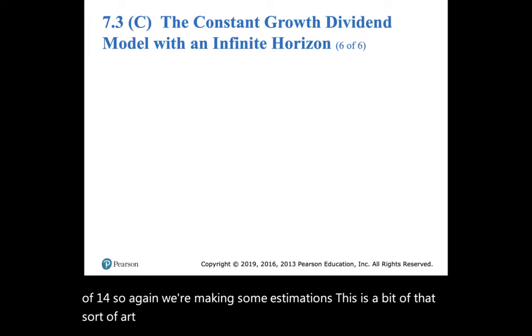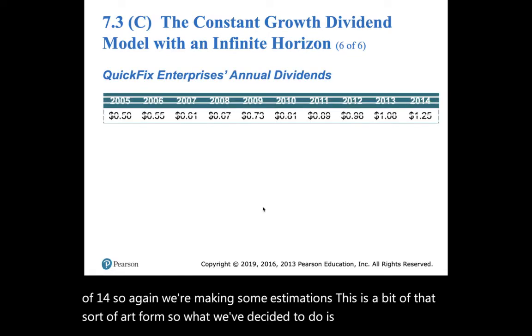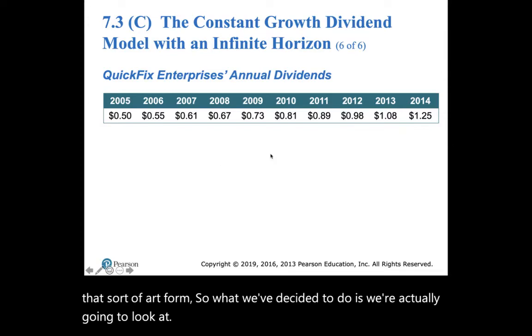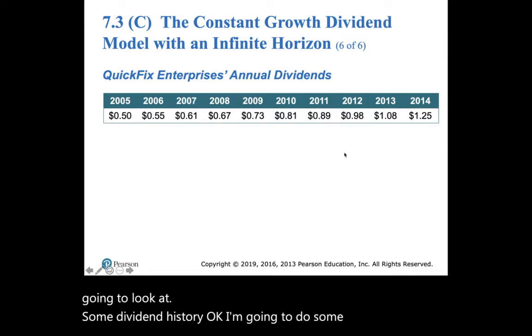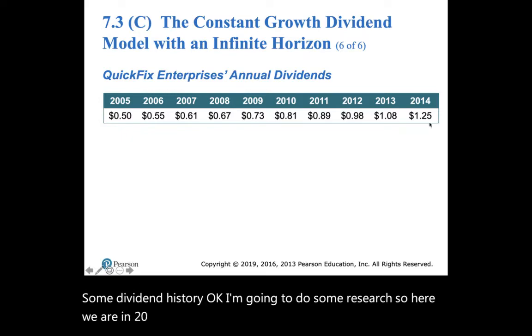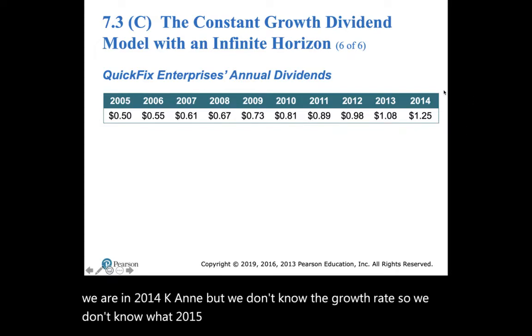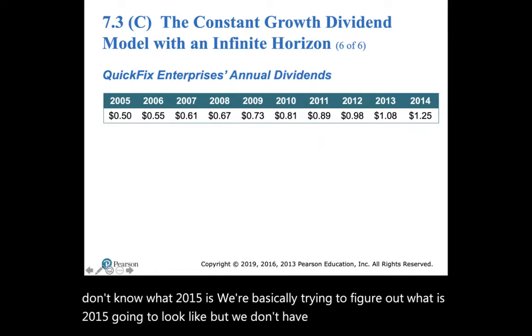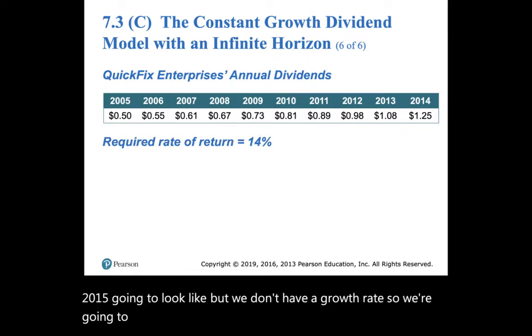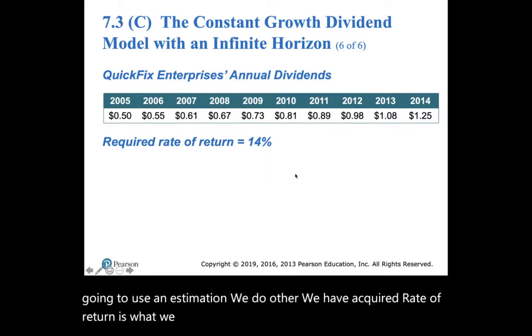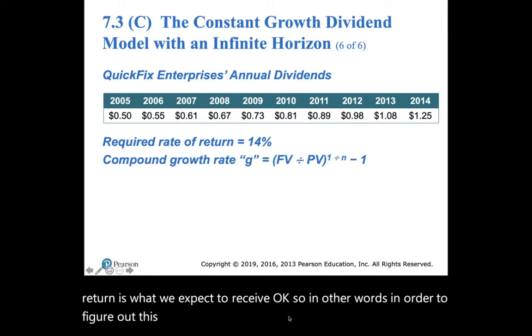So what we've decided to do is we're actually going to look at some dividend history. Okay, we're going to do some research. So here we are in 2014. But we don't know the growth rate. So we don't know what 2015 is. We're basically trying to figure out what is 2015 going to look like, but we don't have a growth rate. So we're going to use an estimation. Okay, we have a required rate of return is what we expect to receive. Okay, so in other words, in order to figure out this next dividend payment, we're going to use a compound